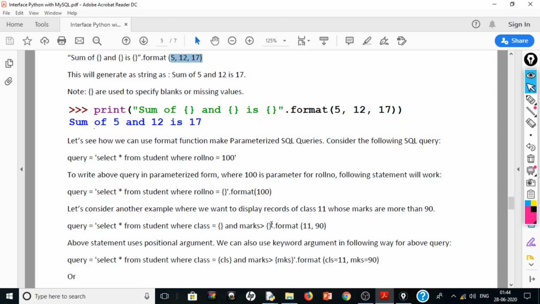This is called a positional argument because the position of the argument is important. On the first blank it will use the first parameter, on the second blank it will use the second parameter.